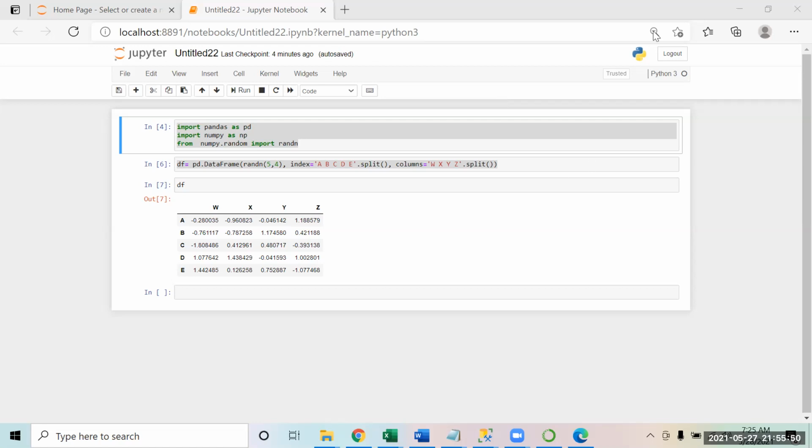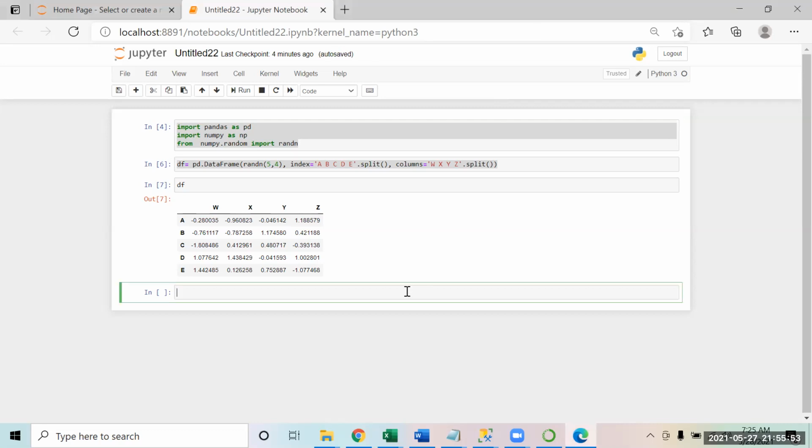Yesterday we saw how we can add a new column. It was a very simple way: we simply say df and the new column that we want, suppose new, equal to a data frame expression, where we would like to have y plus z.